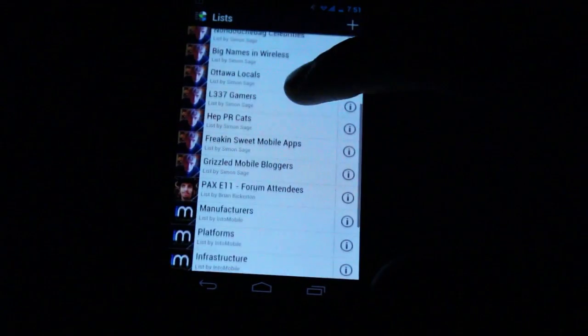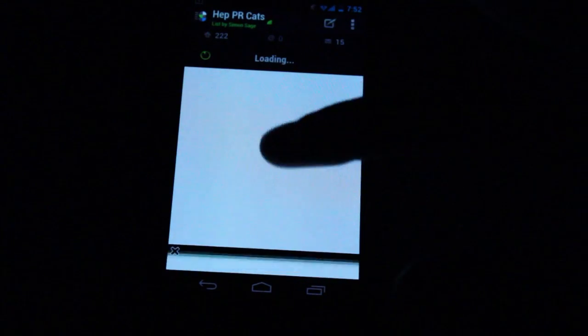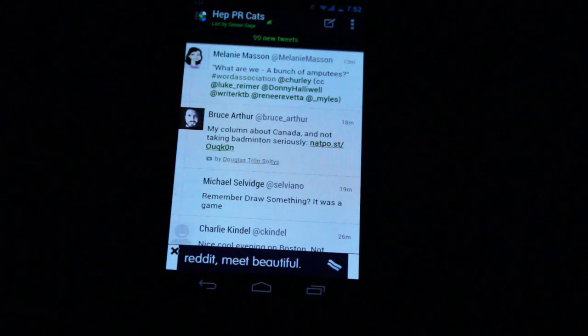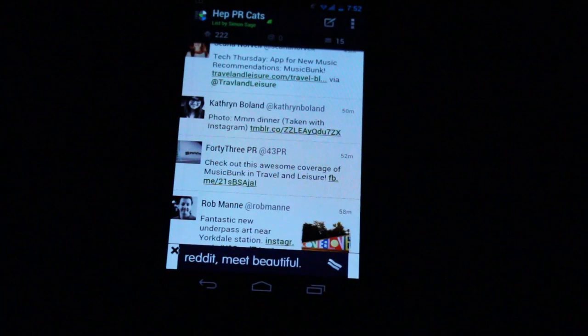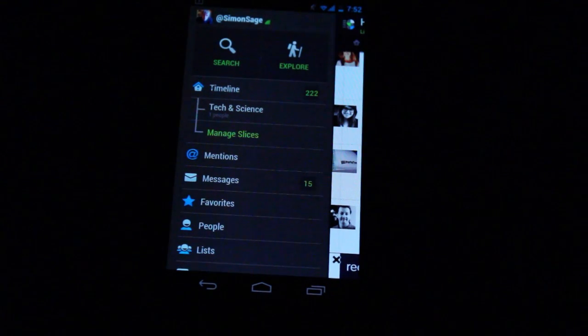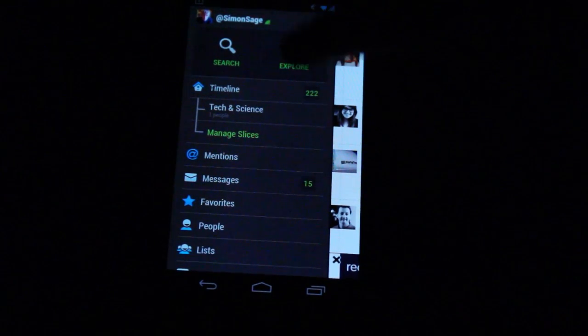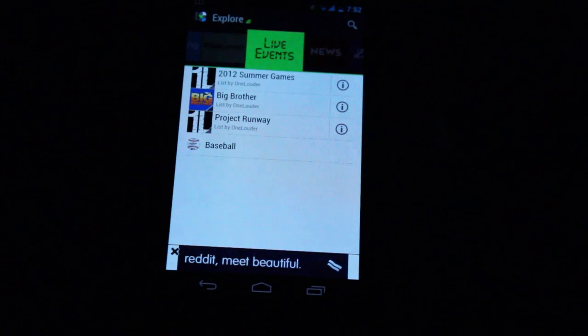But I've got my full list of lists here, and I follow all of them anyway. With Twitter native lists, you don't necessarily have to follow people in order to have them on a list, so in that way they're even a little bit more flexible than Slices. But the idea is still interesting. There's a lot of potential to add a whole bunch of different kinds of content into Slices. But there's a whole bunch of other stuff going on here, including a new Explore section